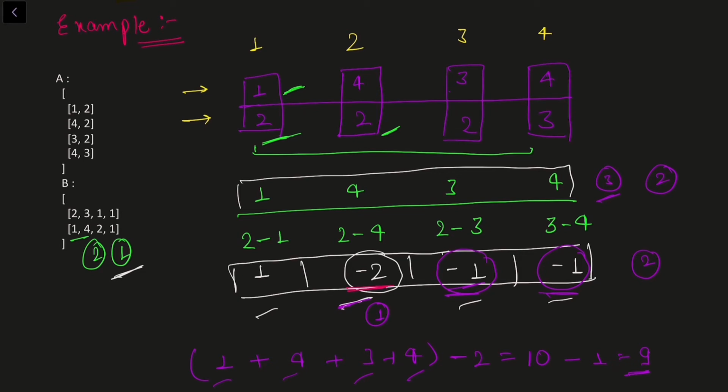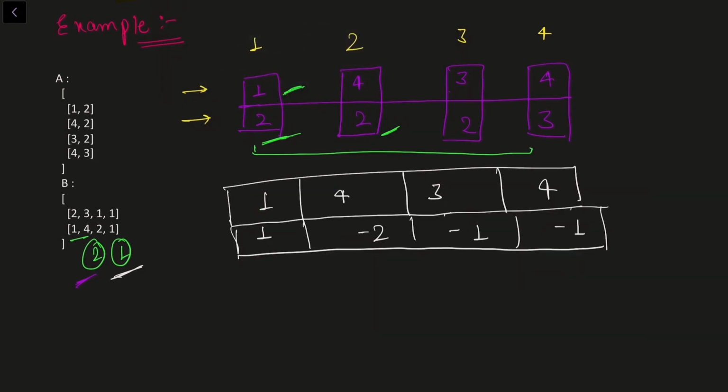Now, can I choose one element of type 1 and three elements of type 2? No, because we have a restriction that we need to buy at least two elements from type 1, right? So that's why we can only minimize our answer to 9, right? So what I'm doing here, if I write it concisely, our algorithm is, first we will assume that we are buying all the elements of type 1, right?